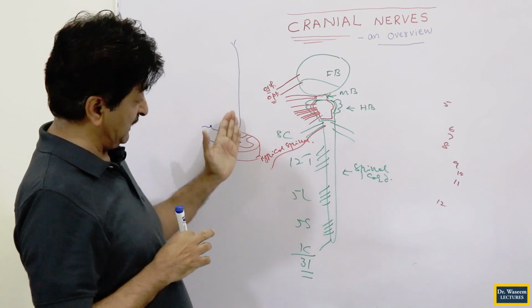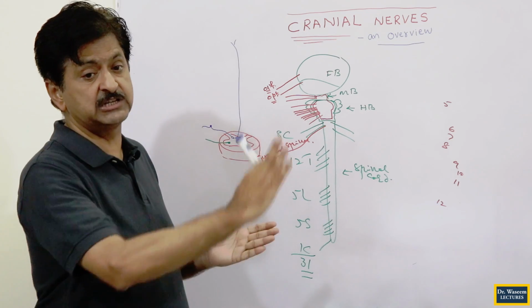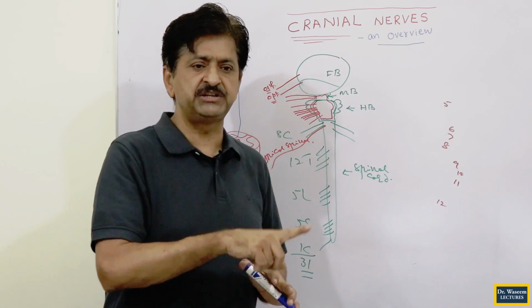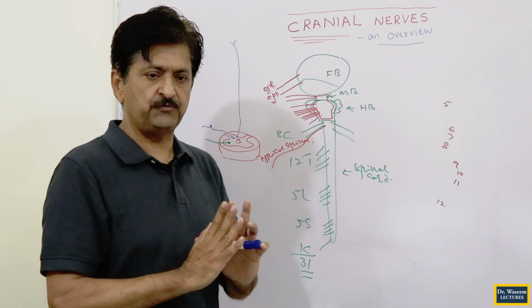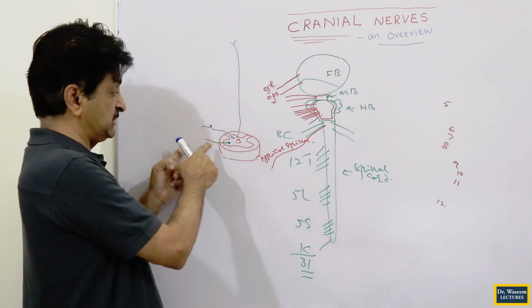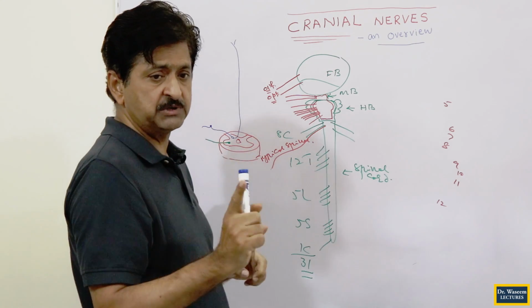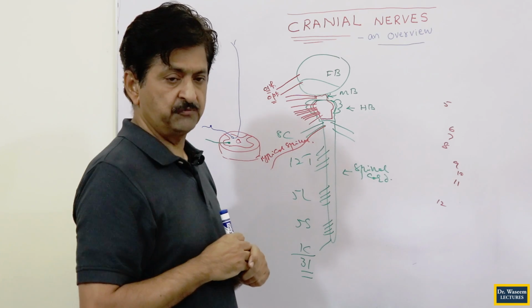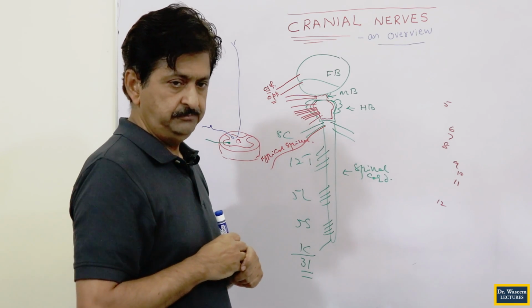And with the second order neurons running within the spinal cord, within the central nervous system, you call them the tracts. Their myelin sheath will be composed of oligodendroglial cells. But outside, in the roots and everything, the myelin sheath must be from Schwann cells, which you know come from the neural crest cells.